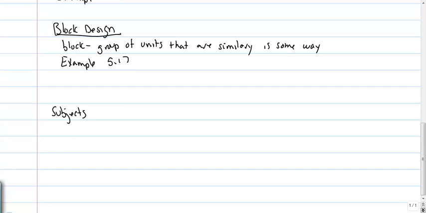We're going to have all our subjects, and we're going to divide them up into two blocks. One block might be all the men, and the other block might be all the women, because maybe we have an idea ahead of time that men and women are going to respond differently to some type of cancer therapy. So once we have divided our subjects into blocks, we do our random assignment